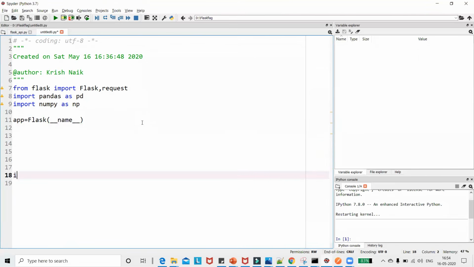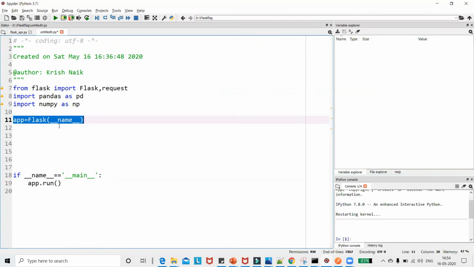So what this __name__ actually suggests: I'm going to go down and put a condition saying that if __name__ is equal to __main__, then I'm going to say app.run. Right now, what is this basically saying? Whenever this line is getting executed, that basically means this Flask app will start its execution from here. That is pretty simple. I hope everybody is familiar with this. I think there should not be much confusion as such. So let's focus on the other thing now.